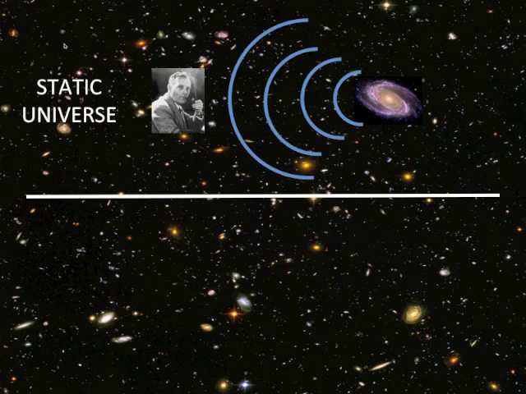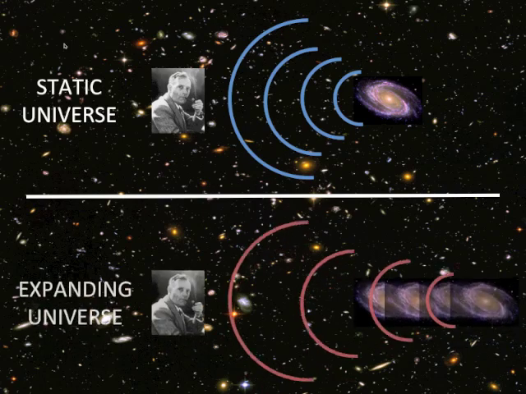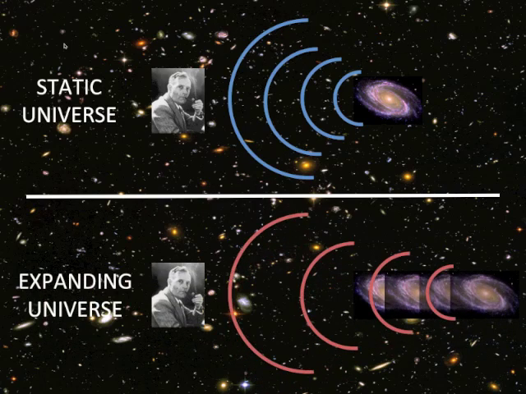Then you'll have this wave of light coming towards the observer, right? And no matter how far away the observer is from the galaxy in a static universe, the light of the galaxy will always look of the same color, basically. It doesn't depend on how far away you are. If the galaxy is putting out blue light, you will see a blue galaxy, right?